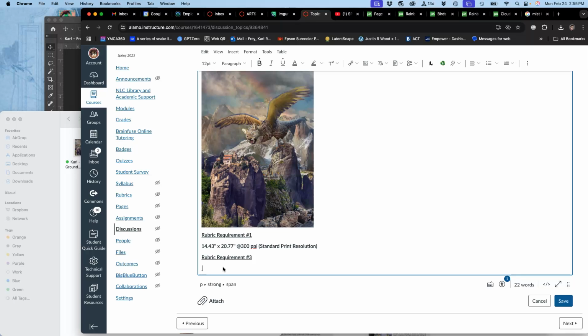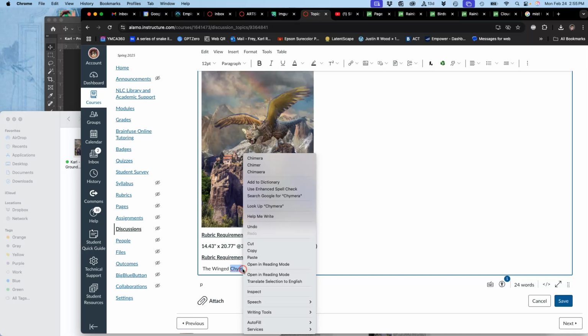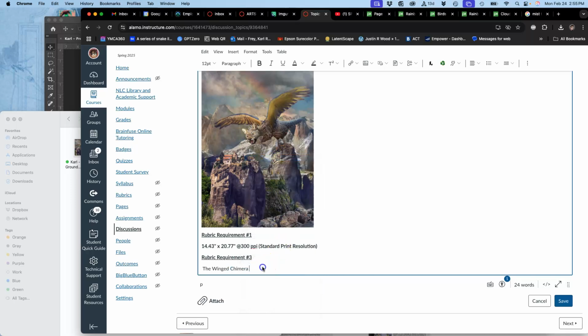So the winged... blanking. What's the word I'm looking for? There's a Greek mythology word for a combined animal. Chimera, thank you. The winged chimera, that's what I'm going to call mine, is, and I'm probably spelling it wrong, and that's fine. There we go. The winged chimera